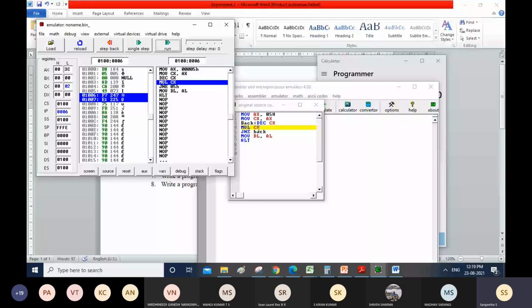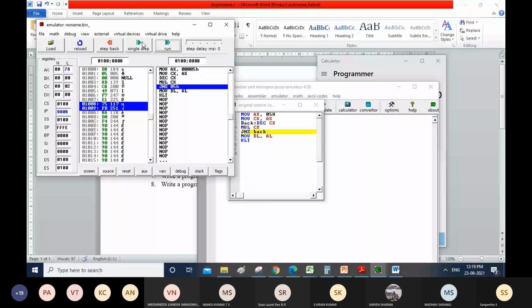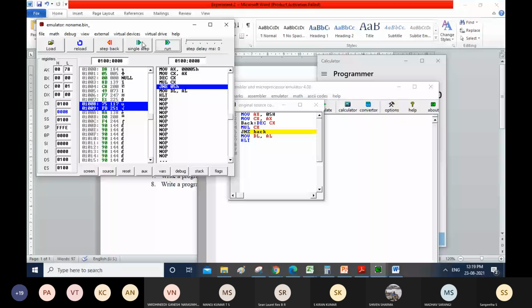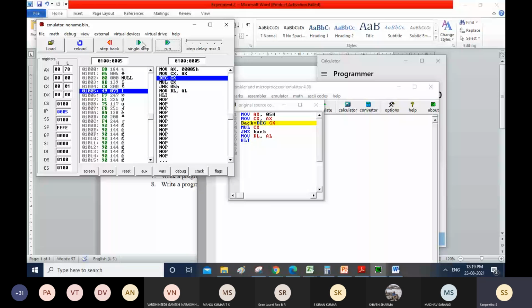You can see 78, that is a hexadecimal representation. And again it is going to decrement, so now it becomes 1. There will not be any change after multiplying with 1. Again it does not come to 0. You can see the highlighted area here. Wherever it is moving, it will be highlighted on the screen.